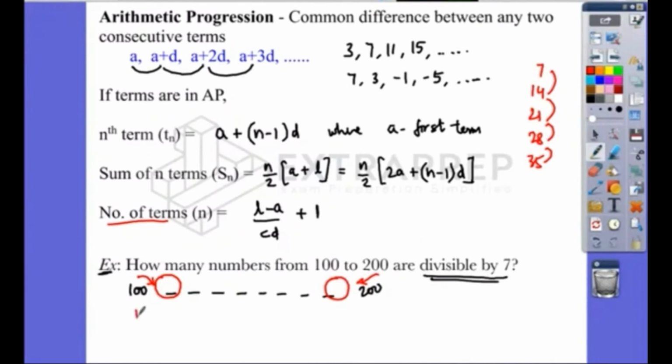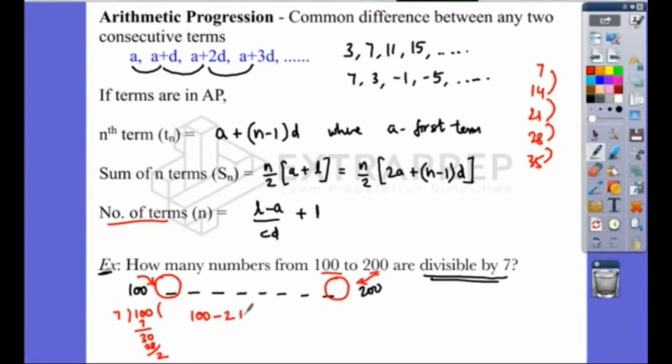To find the first number, what we do is divide 100 by 7. One time 7 goes 7, 2 times 14... 14 times 7 is 98, 2 is left. So to find the first number, divide by 7 and you get the remainder as 2. And we understand that if you subtract the remainder, you get a number which is exactly divisible by 7. That's what we do, right? When you subtract the remainder from a particular number, it should exactly be divisible by the divisor. So 100 minus 2 is definitely divisible by 7, but it's not between 100 and 200. So when you subtract something, you get a lesser value, and we want a value after 100.